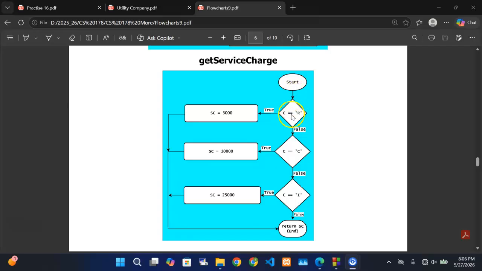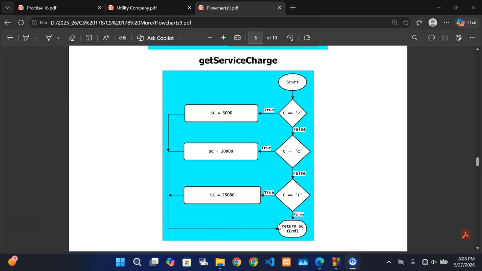So if we already have that category, we're going to check if that category is equal to R, residential. Then we are going to say the service charge SC will be 3,000. Okay, we are going to set the service charge to 3,000, and then we are going to return that service